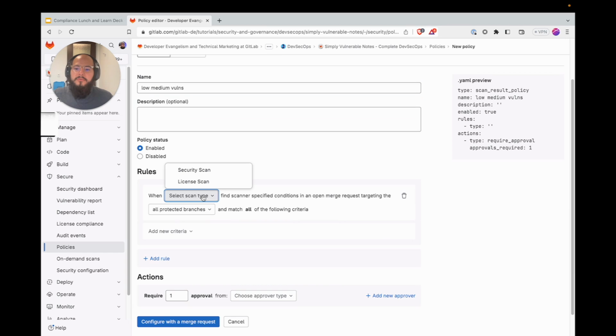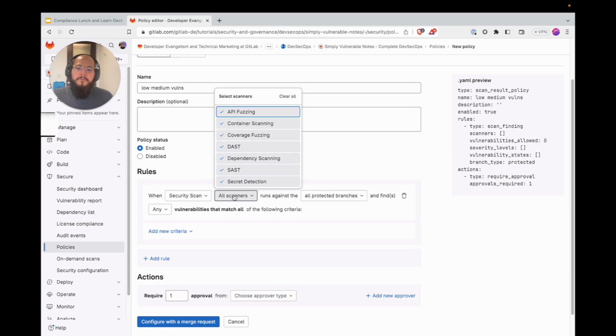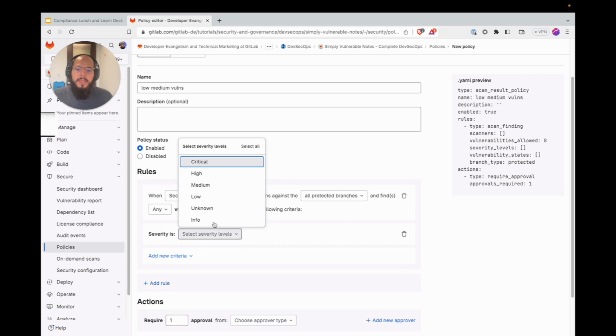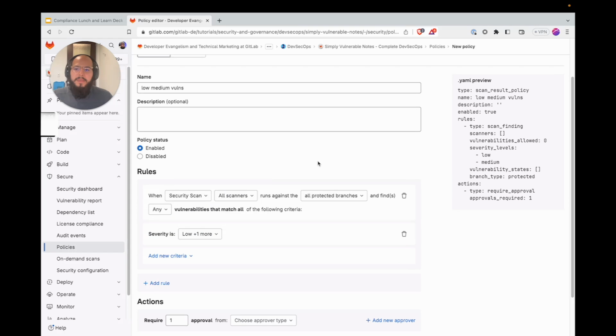And then what we can do is we can select when a security scan for all scanners runs against all the protected branches, default or specific branches, let's just say all protected, and finds any amount of vulnerabilities with the following criteria. We can set an amount, but usually it's best to just say any that align with the following criteria, and we can say a new severity, and we can say low and medium.